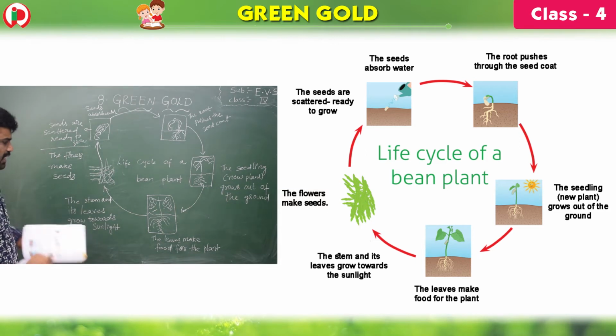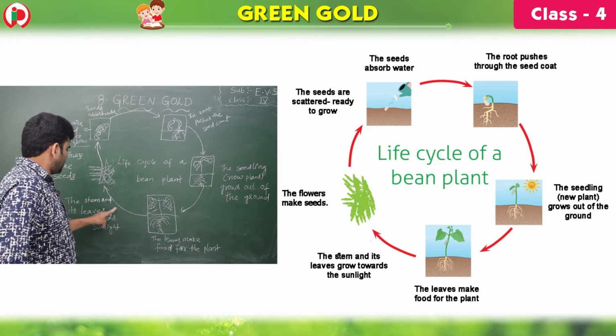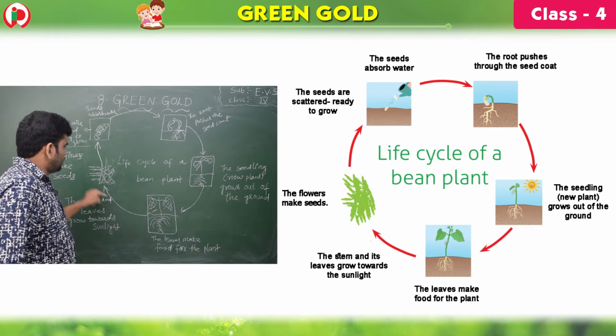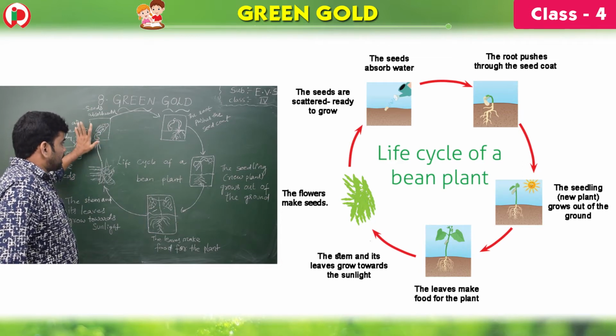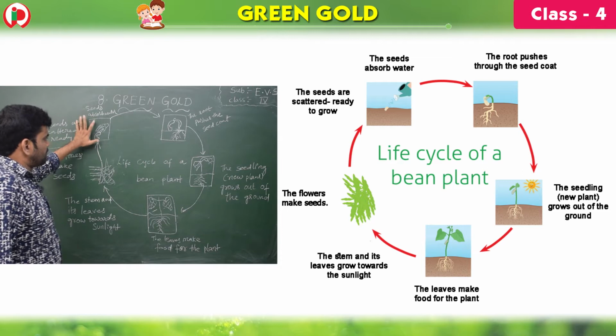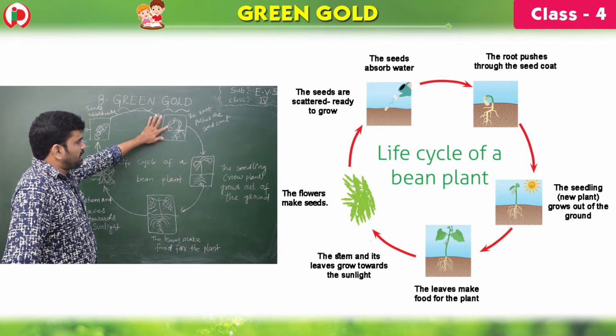See, children, if you start the life cycle from here, the leaves make the food, the stem and the leaves grow towards the sunlight, and these are the flowers that make the seeds. Now the seeds are scattered here. These seeds will absorb the water and give rise to a seedling, and